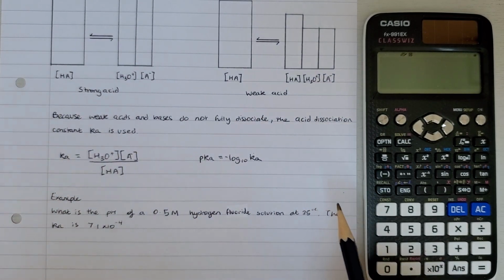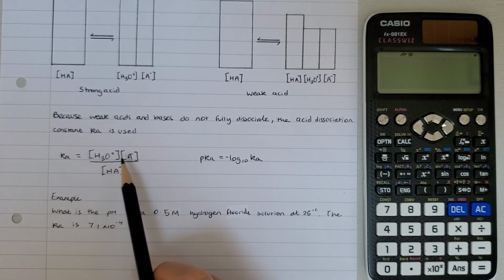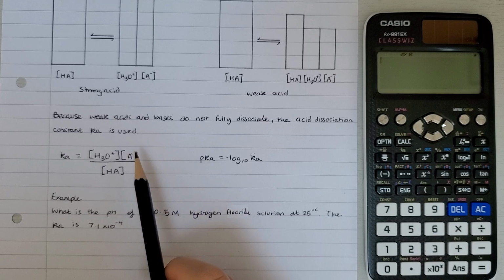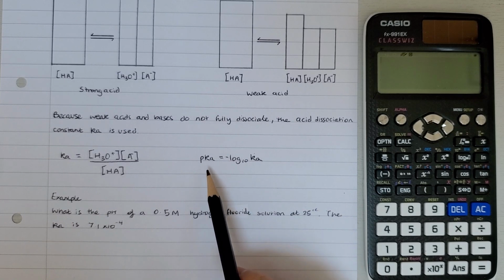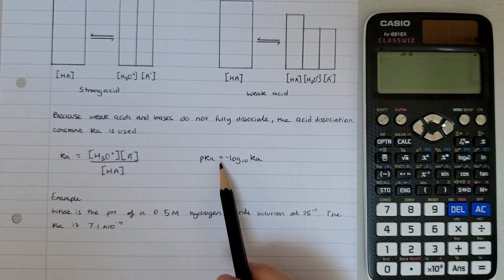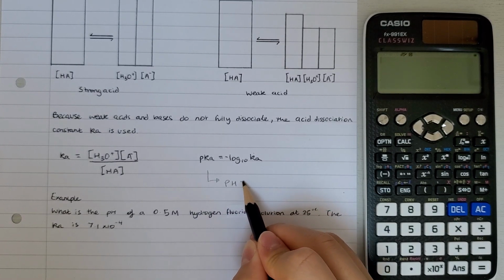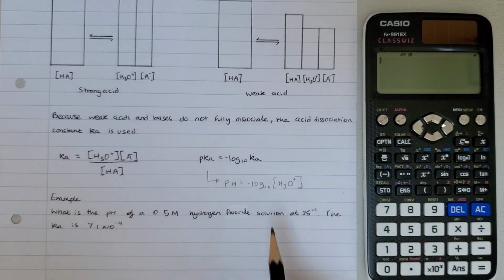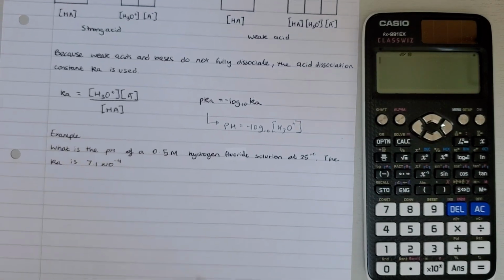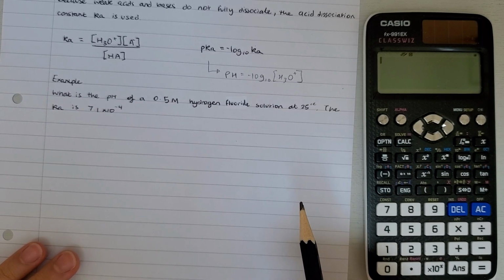Because weak acids and bases do not fully dissociate, the acid dissociation constant, Ka, is used, and you calculate it using the concentrations of the hydrogen ions, the anions, and the weak acid. And you calculate Ka similar to pH. Recall pH was... so it's quite similar. If we do an example, what is the pH of a 0.5 molar hydrogen fluoride